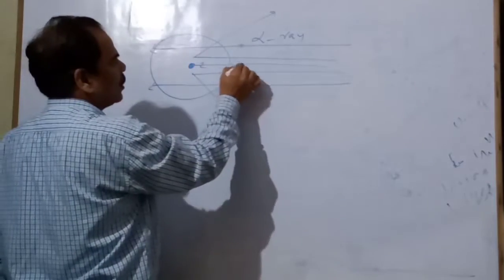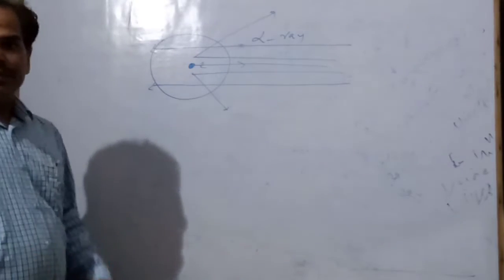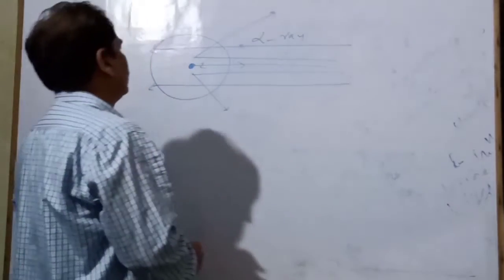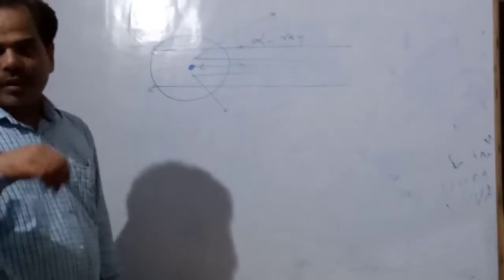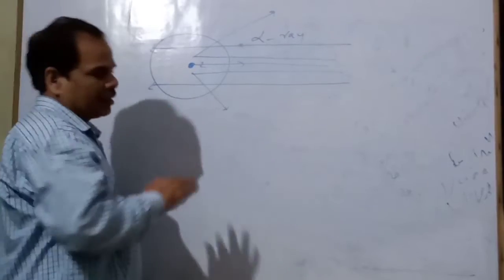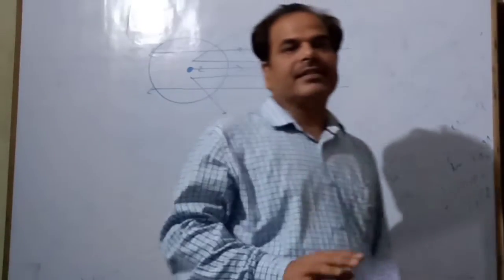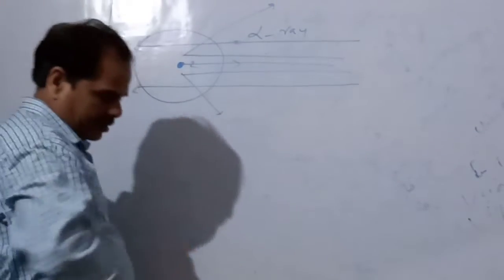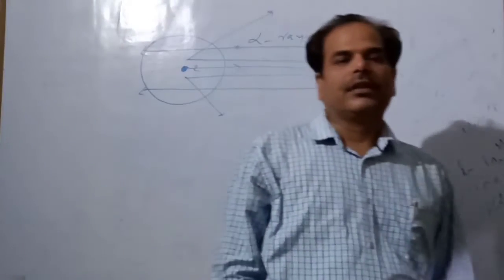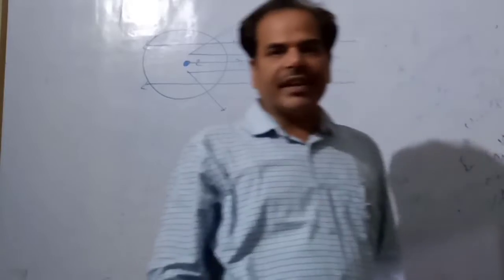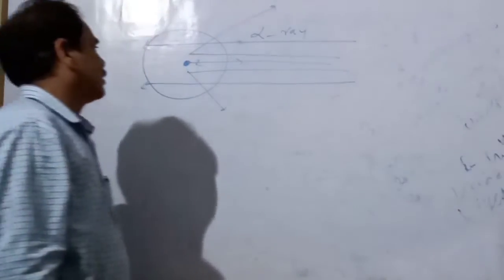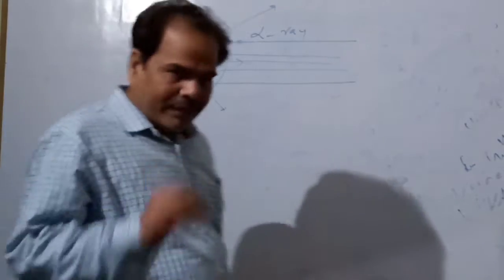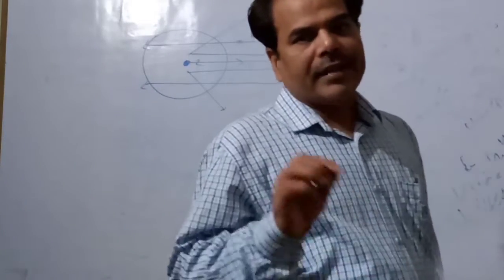Three types of observation were found. First observation was that most of the alpha particles passed through the thin foil without any deflection. A few of them deflected by some angle